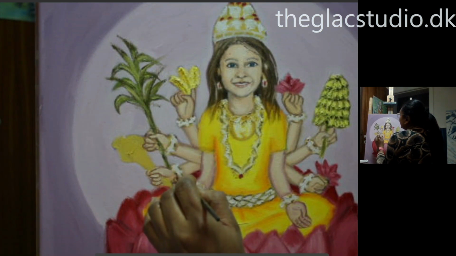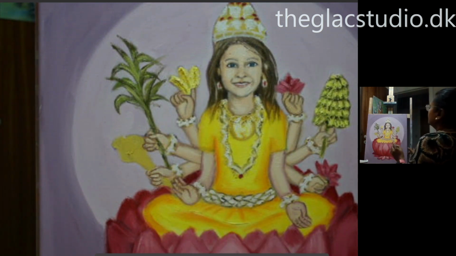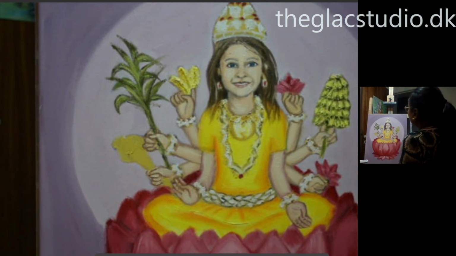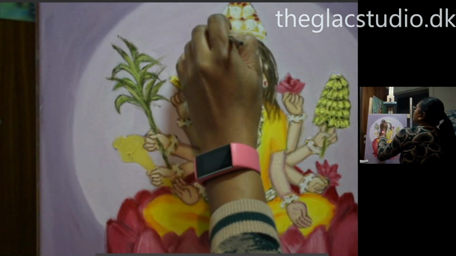So I have now managed to give a slight bit of angle for those bangles as well. That is done, and this is also done. Let's use this light coloring also in the